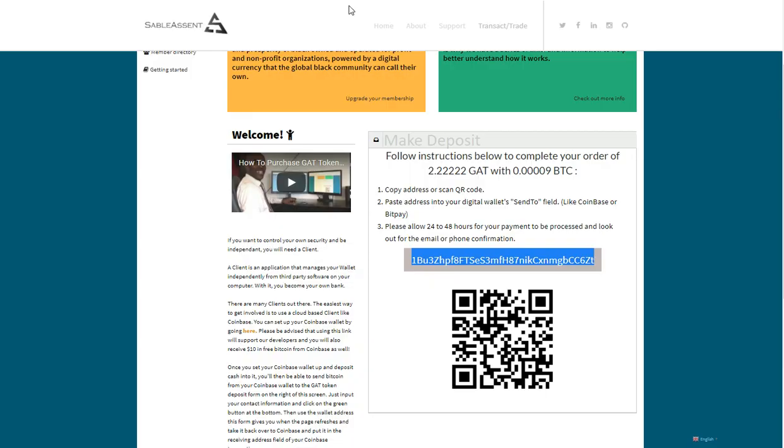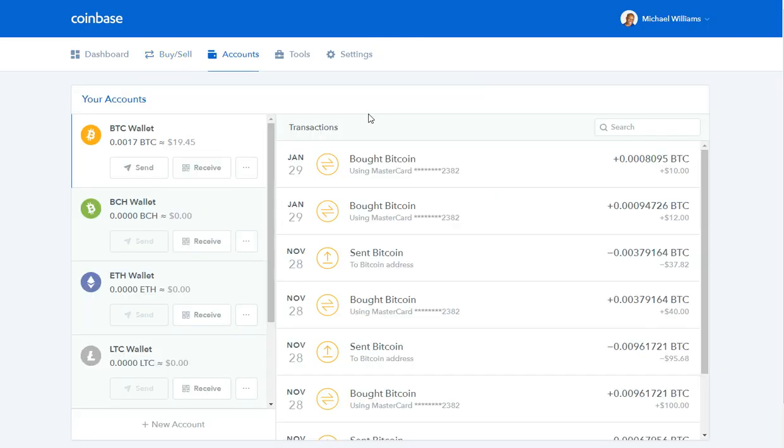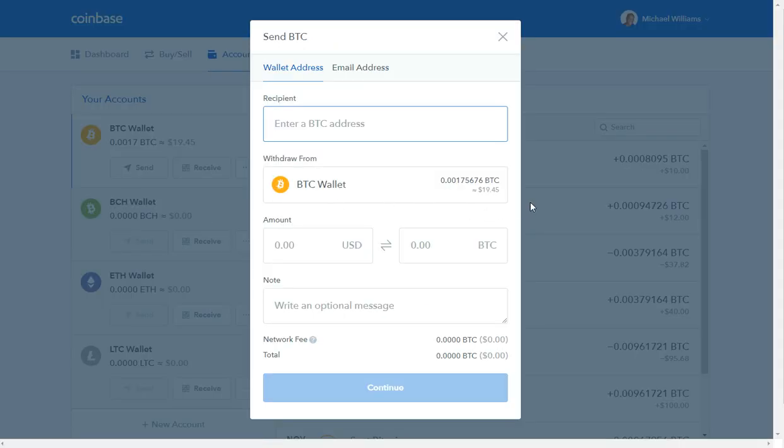Then you go to Coinbase and you go to accounts. Once you go to accounts, you will hit send. They say you must already have at least $10 in your account. There will be some fees, and you just paste that address there, and like I said, the minimum is $10,